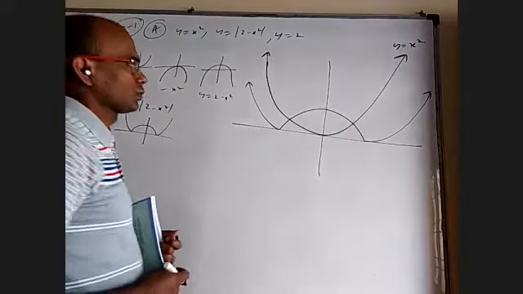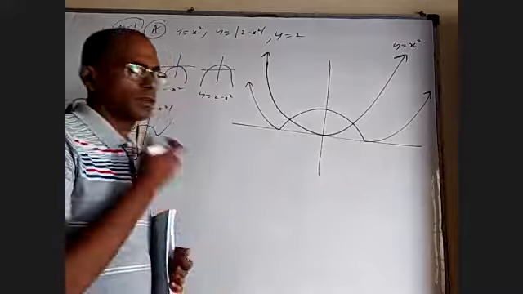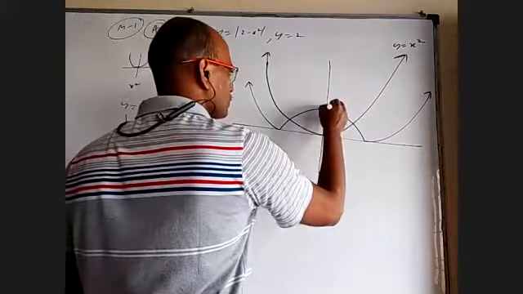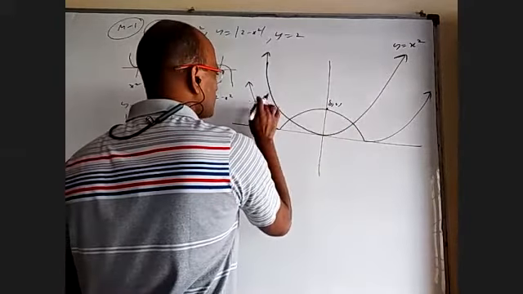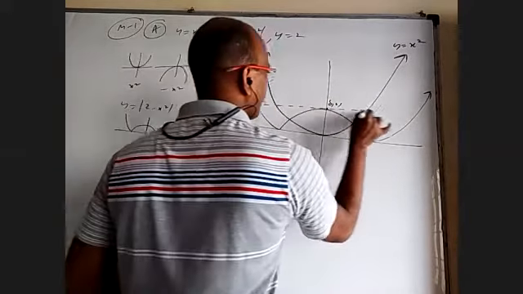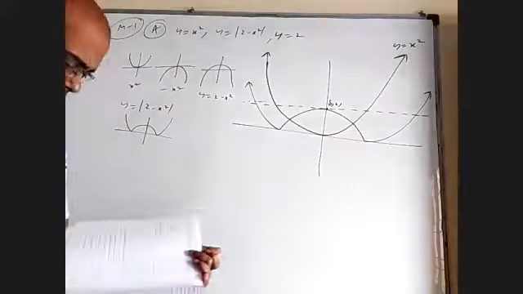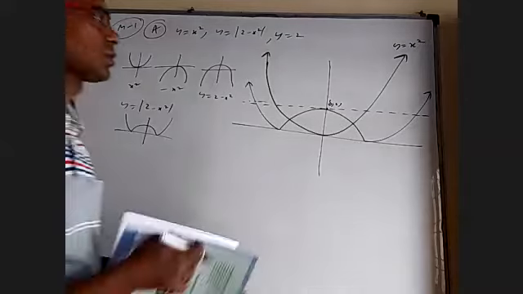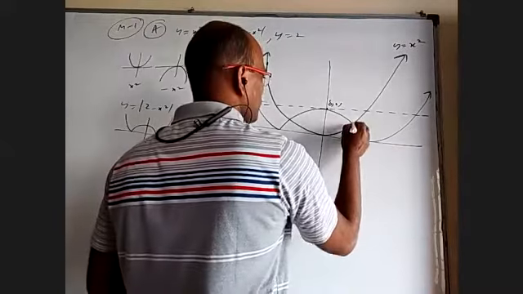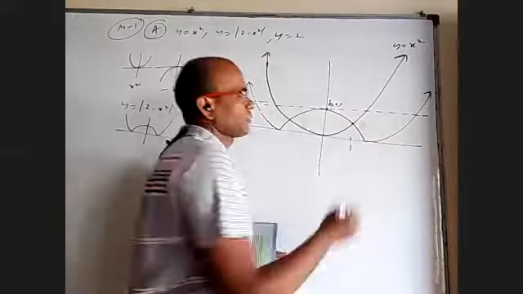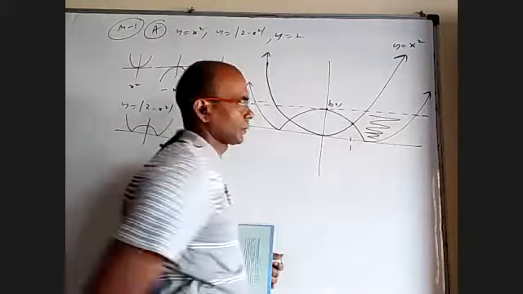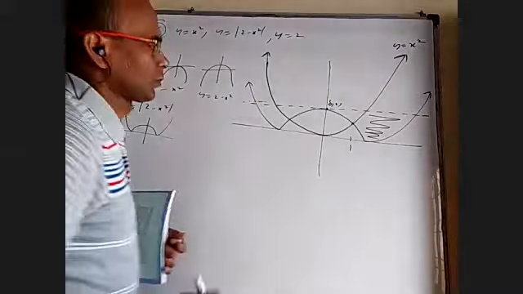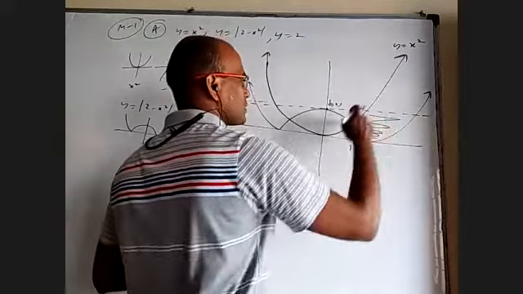And y equal to 2. To identify here, y equal to 2 is a horizontal line. This is 0, 2. So y equal to 2 is a line like this. Now we want the area bounded by all the three and to the right side of x equal to 1. I'm sure this is x equal to 1. So that is this whole region. It should be bounded by this line, this curve, and this curve.